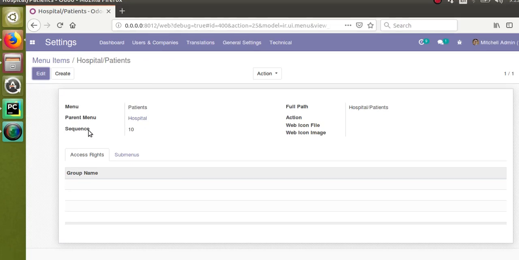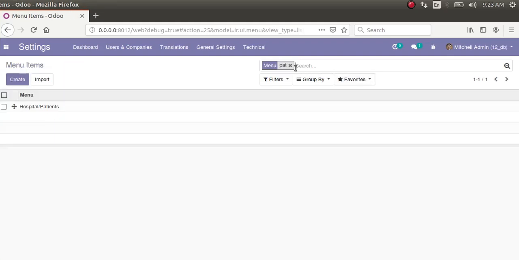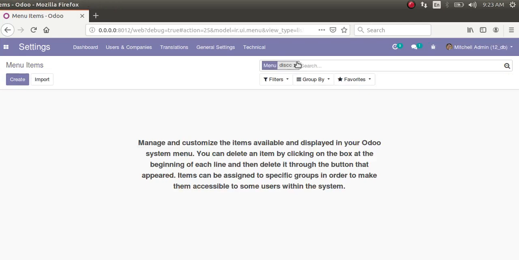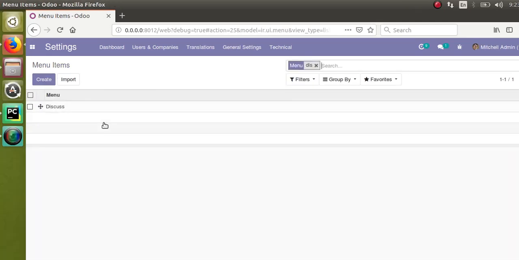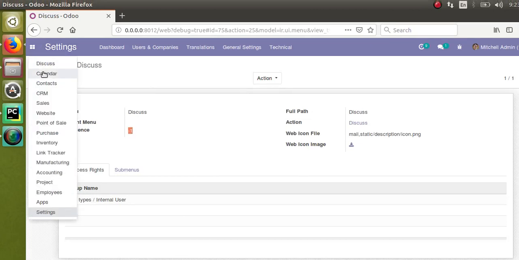And regarding the sequence, you can see the menus are coming here in an order. Discuss menu comes first, followed by calendar, contacts, etc. This order is based on the sequence given for the menu. Suppose our hospital menu has to come at the top, we have to give a lesser sequence than the discuss menu. The lesser the sequence, the menu will come at the top. Now let's check the sequence of the discuss menu. The sequence given for the discuss menu is -1, and the sequence for the